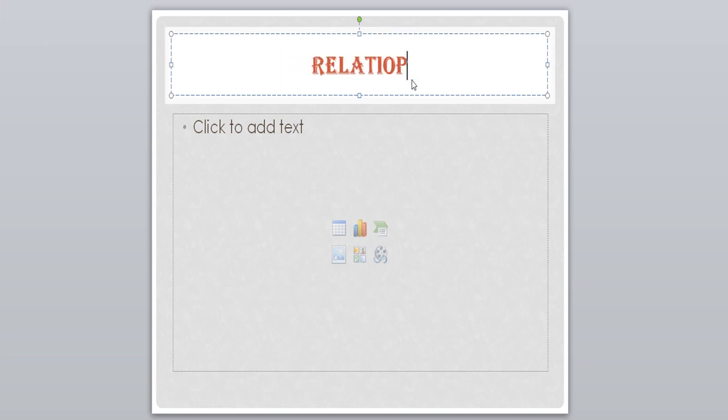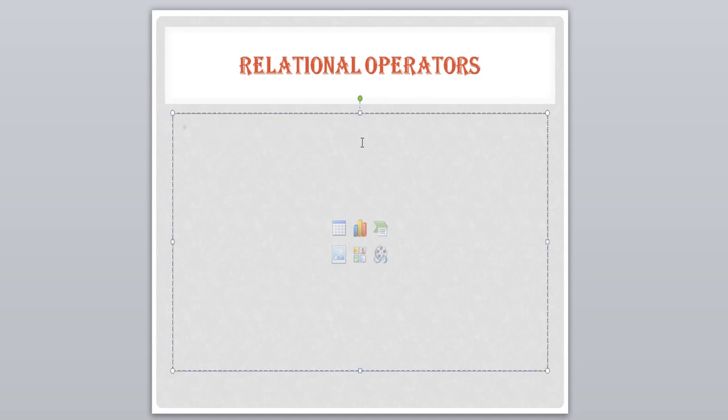Relational operators. Now, the relational operators are: equal to equal to, simply called equal to; not equal to; greater than; less than; greater than or equal to; and less than or equal to.